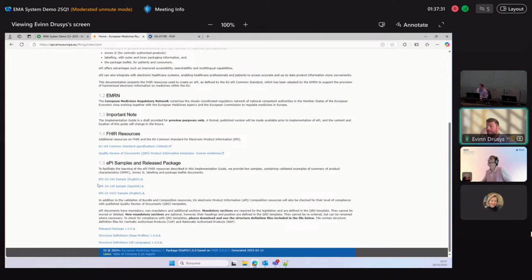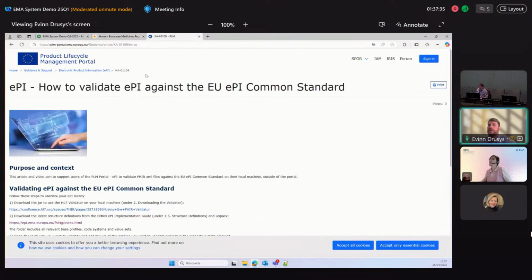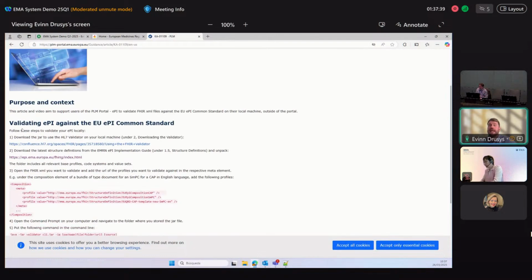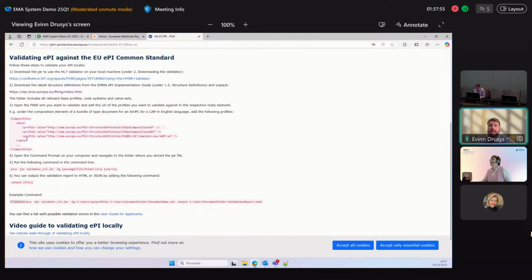I will not be demoing this today, but we have created a knowledge article. In the PLM portal, we have published a knowledge article. We have given a written step-by-step guide on how to download the FHIR command line FHIR Validator, and what profiles and what resources you need to download from the IG. We have described again that if you want to validate locally against the QRD profiles, you need to cite